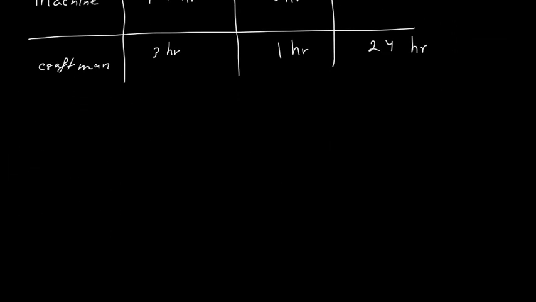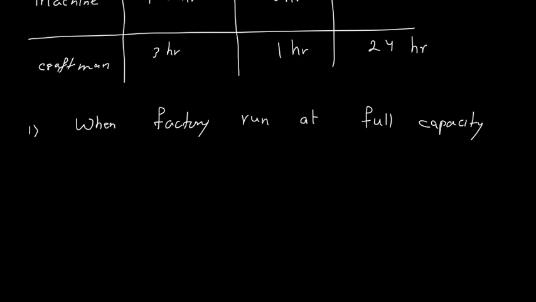So for the first part, when the factory runs at full capacity, the total machine time we utilize is 1.5 times x plus 3 times y, and this should be equal to 42,